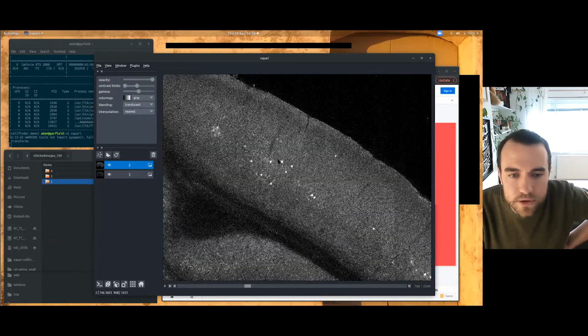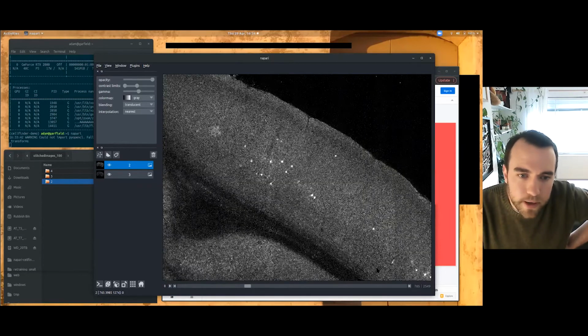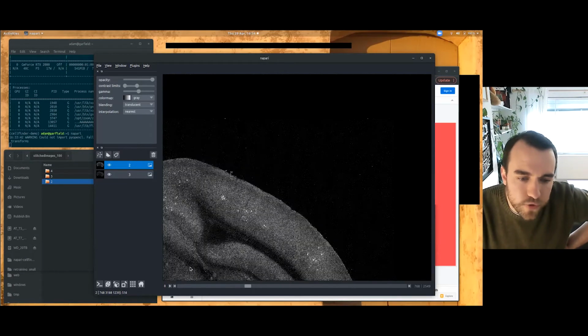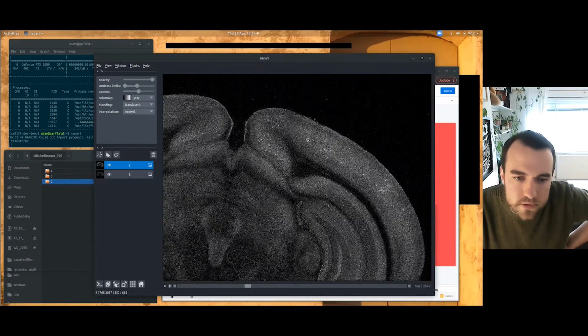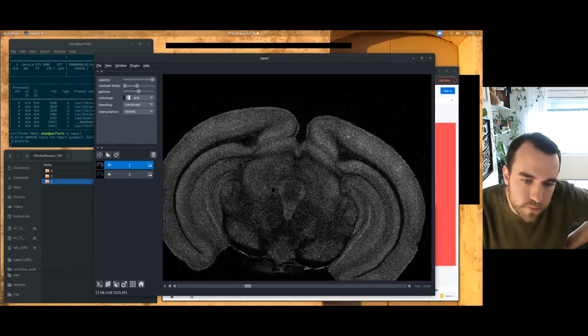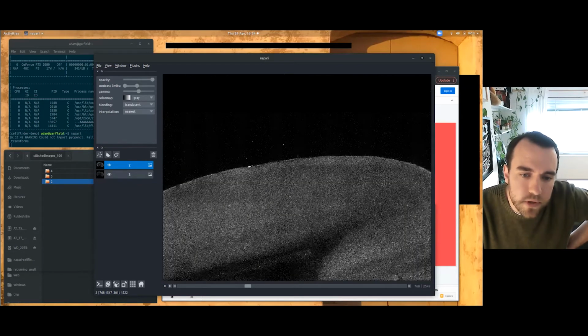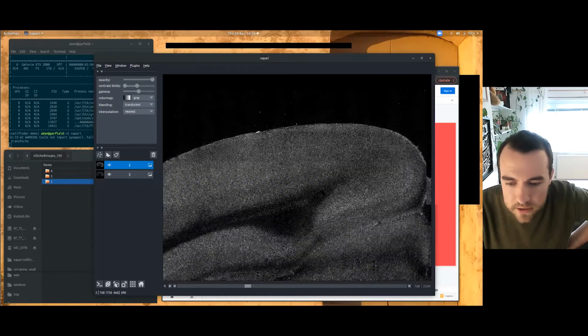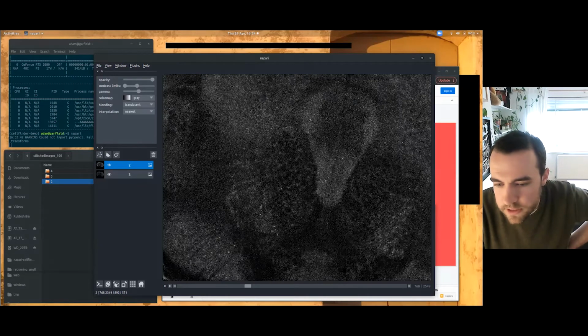And so the task is to identify these cells, but without picking up any of the other noise. These very large data sets often have lots of noise in them. You can see there's a lot of autofluorescence. You can see the whole brain structure just because brains have a lot of autofluorescence. There's also lots of other bright spots that we don't want to pick up. So there's artifacts on the surface. These are meninges that haven't been removed properly during processing. And there's various other bright spots and things like blood vessels.